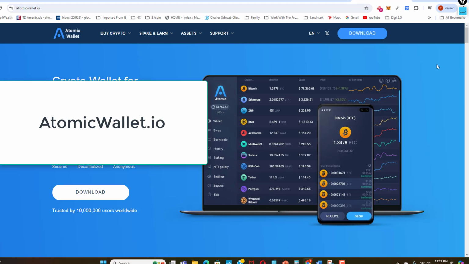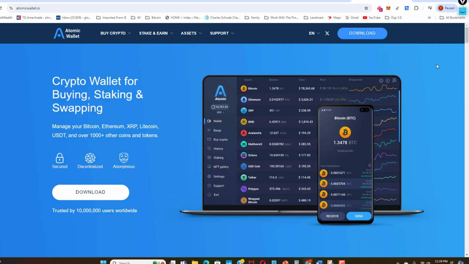The reason I'm going to use Atomic for this particular training is because I have some Bitcoin in my Exodus wallet, and I don't want to show that on screen. I have very little Bitcoin in my Atomic wallet, and so that's why I'm using Atomic Wallet for today's training. I'm a big fan of both Exodus and Atomic Wallet.